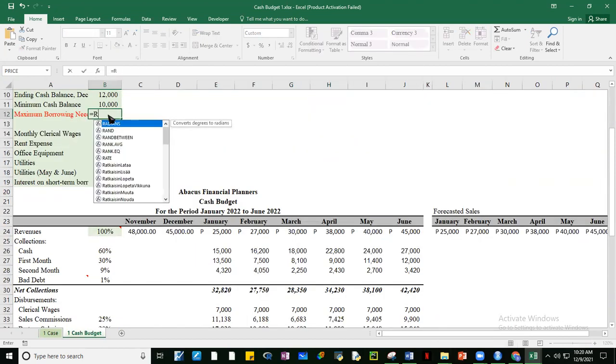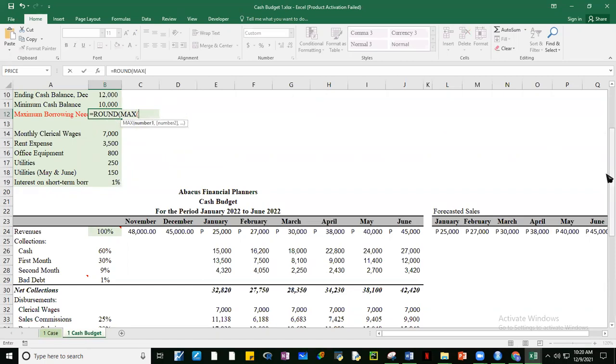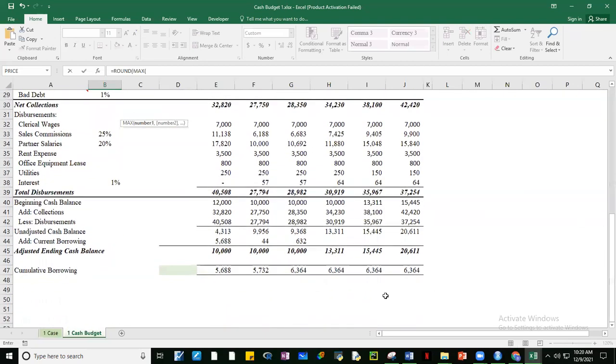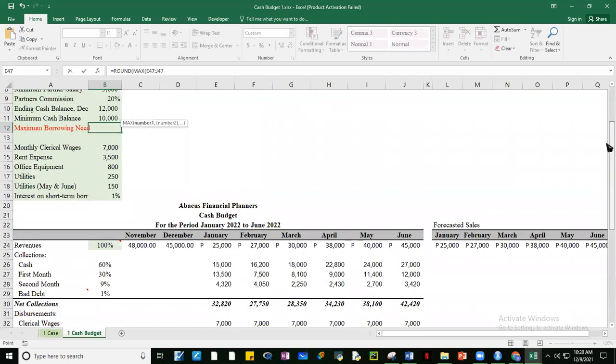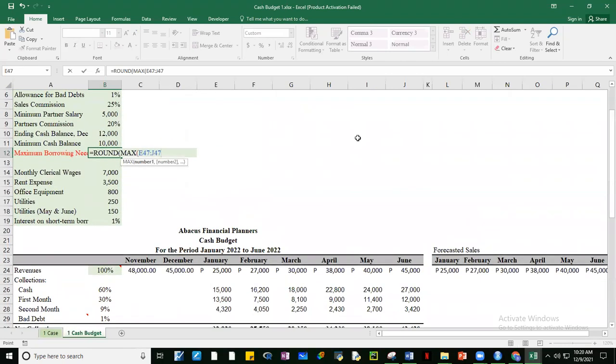So that's equal to round. Round ng maximum. Okay. Maximum dito. So hanapin niya yung pinaka-maximum na cumulative borrowing.